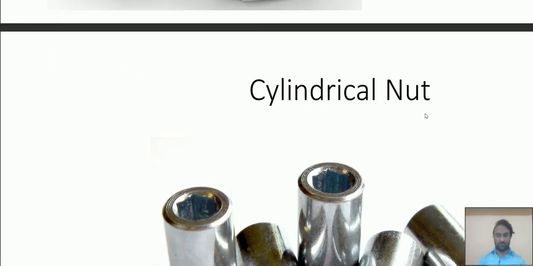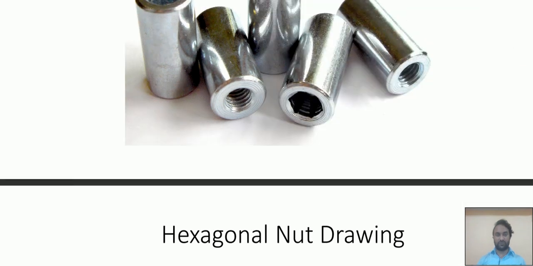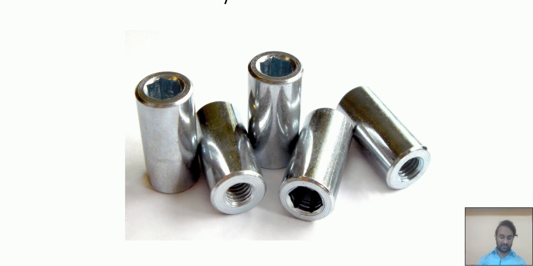Next is the cylindrical nut. So you see the cylindrical nut here. What do you see? A shape here, a hexagonal cut for the cylinder. So this can accommodate the spanner. And you see this side has an internal thread, so it can lock the nut.